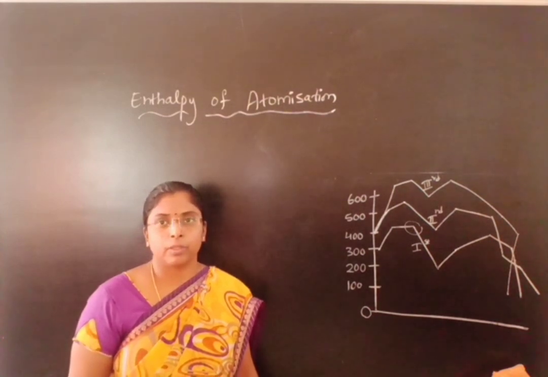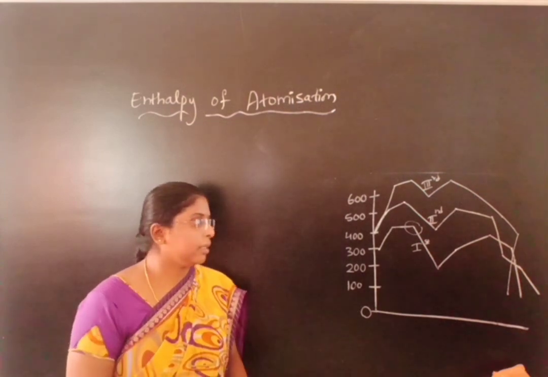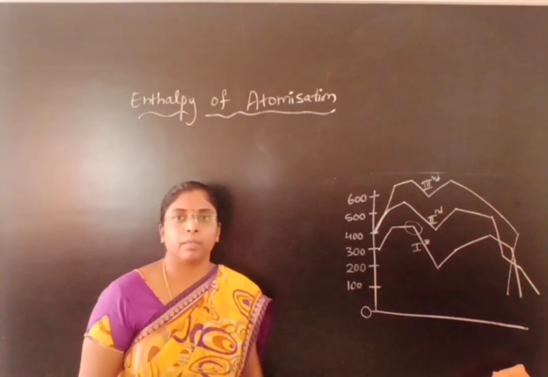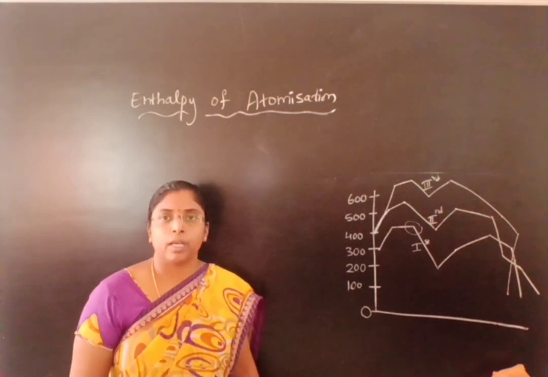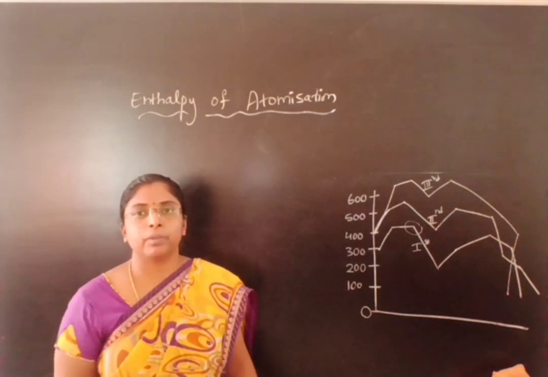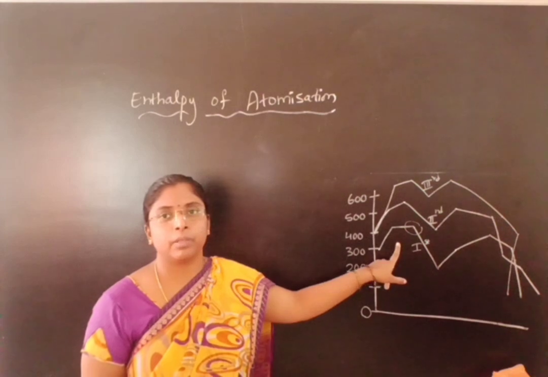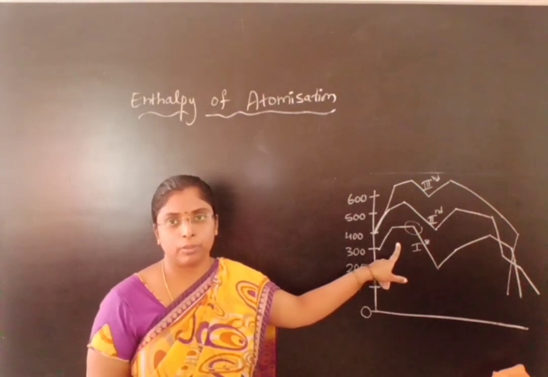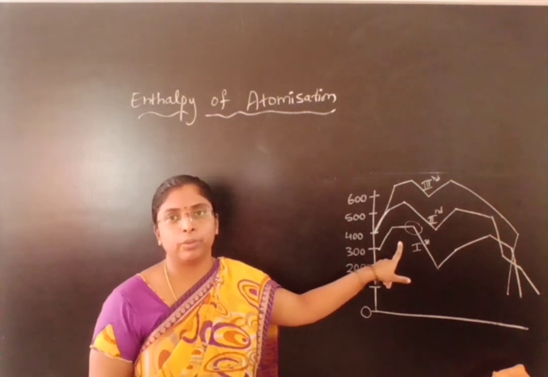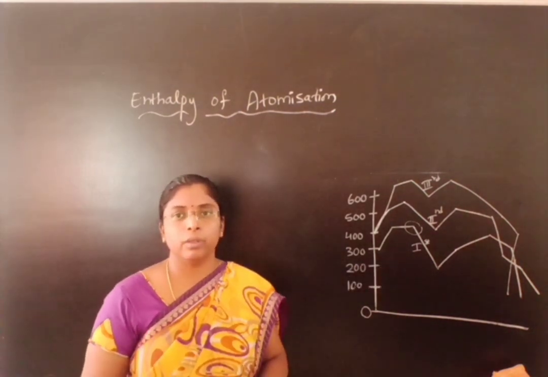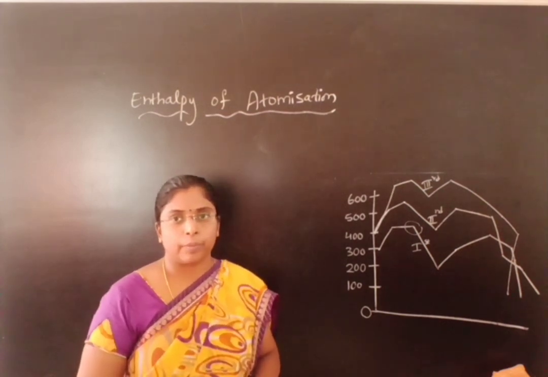The greater the number of bonds, the more the metallic interaction. Hence it has maximum enthalpy of atomization at the middle. Later on it decreases. The enthalpy of atomization depends upon the number of unpaired electrons. Since at the middle it has the maximum number of unpaired electrons, the formation of bonds will also be high. When more bonds form, the strength is also high, and its enthalpy of atomization will also be greater.